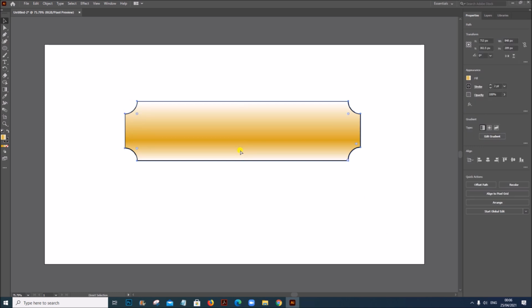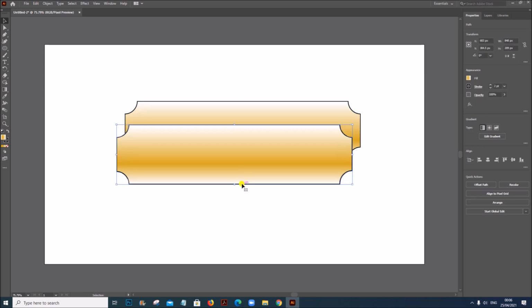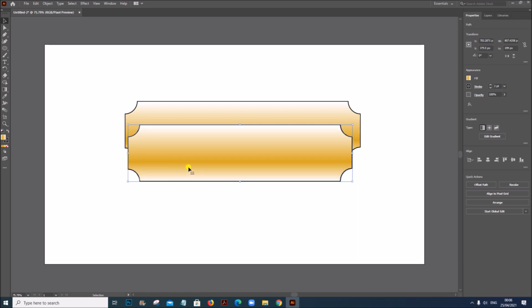Let us copy this. Press shift and resize.